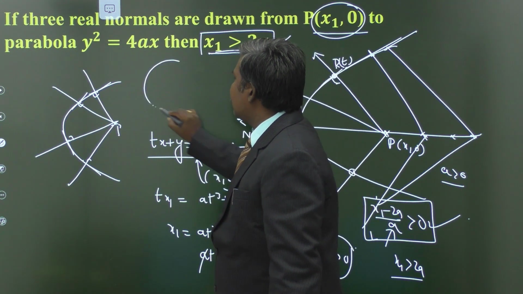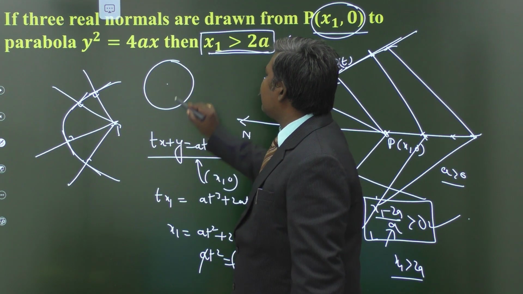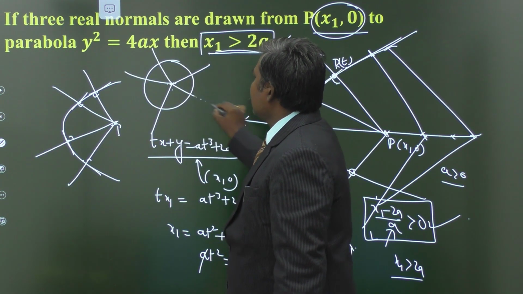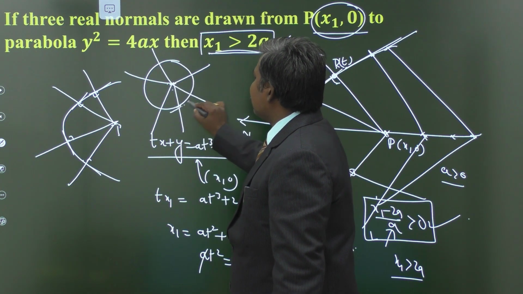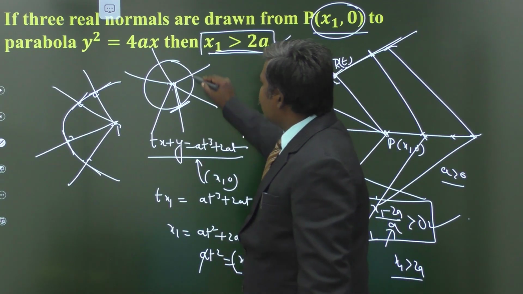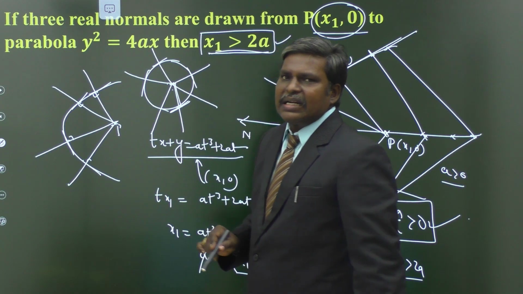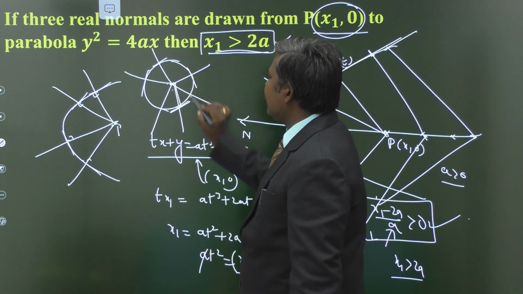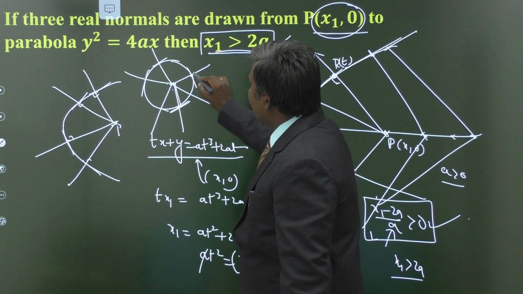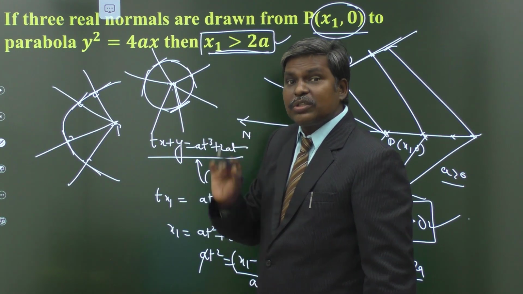Suppose you take a circle, this is the center of the circle. How many normals can you draw through this point to the circle? Infinite number of normals can be drawn through this point to the circle. Because if you draw the tangent at any point, the corresponding tangent is always perpendicular to the corresponding radius. So all these are normals. So infinite number of normals through the center to the circle. But this is the normal, one and only normal at this point. Normal at this point is totally different from normal through the point.